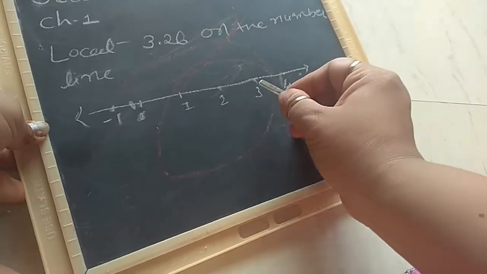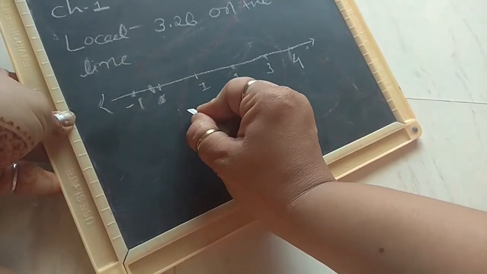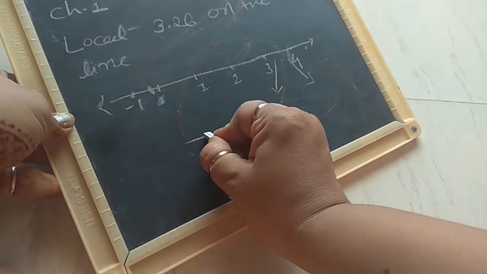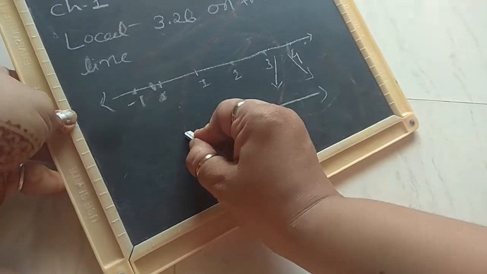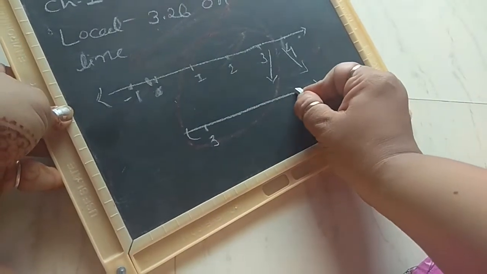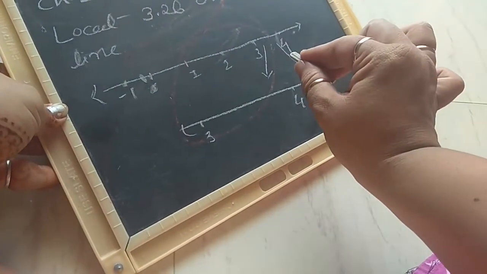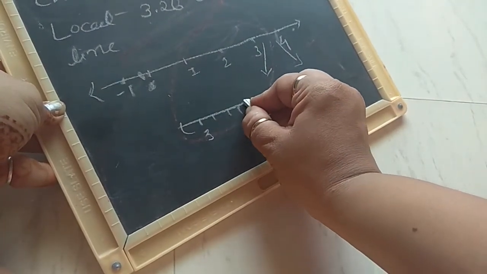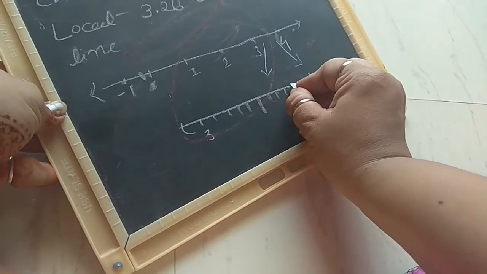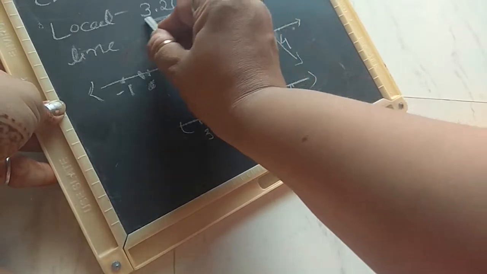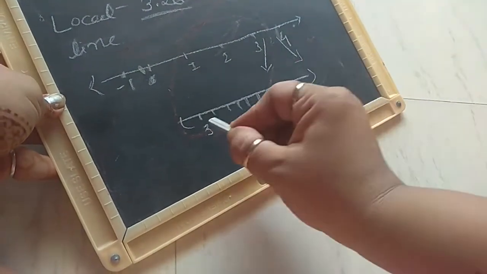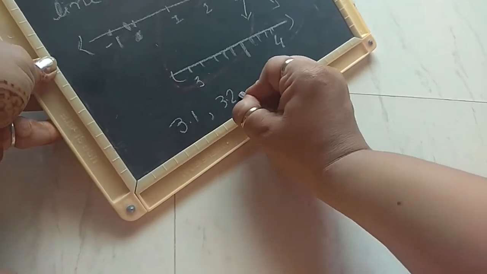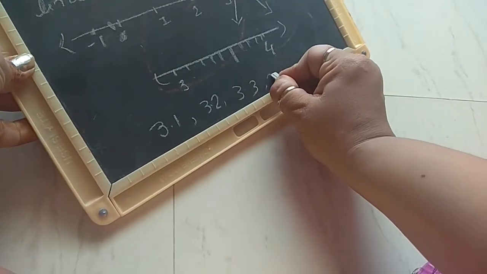before 4. So I'll zoom this line. See, I zoom this line. Here I wrote 3 and 4. So now how many digits will be there in your scale? If you see properly, you can find total 10 marks are there. Fine. So our number is 3.26. So what will we write? 3.1, 3.2, 3.3, 3.4.